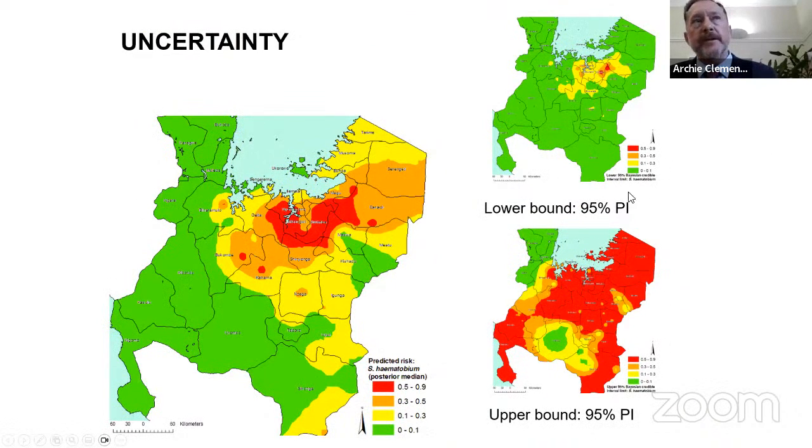Now, if you remember in the map that I showed you from Vanuatu, there's also the uncertainty information. So these maps were derived from a modelling approach called model-based geostatistics, which uses a Bayesian framework. And the really good thing about these approaches is that the spatial predictions are actually distributions. They're uncertainty distributions. And so you can summarize them according to the median, which is the most likely value of risk in a given location. But you can also summarize them according to 95% credible intervals or confidence intervals or prediction intervals, as I call them here.